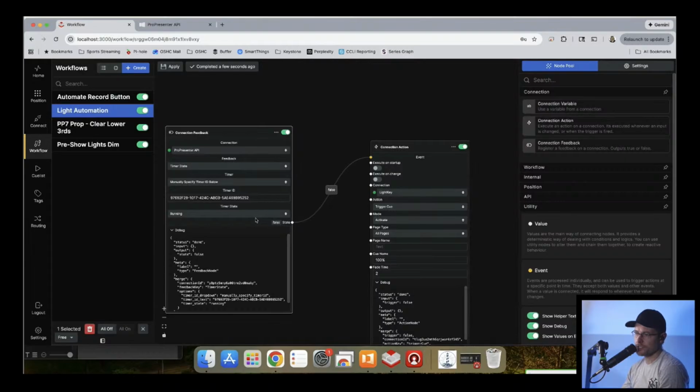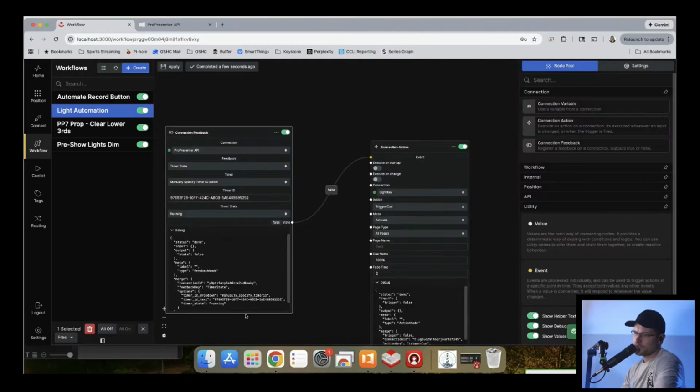Currently says false. It should say true because it is running. Very interesting. Running, stopped.